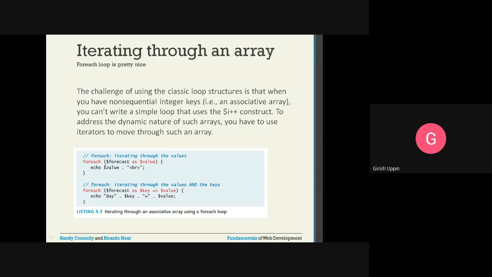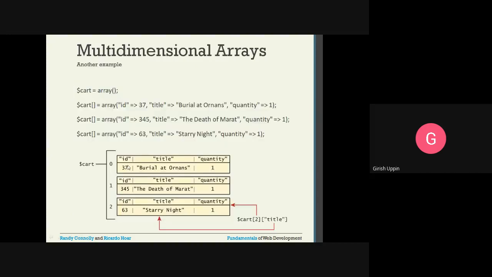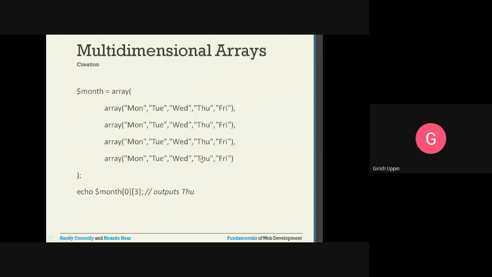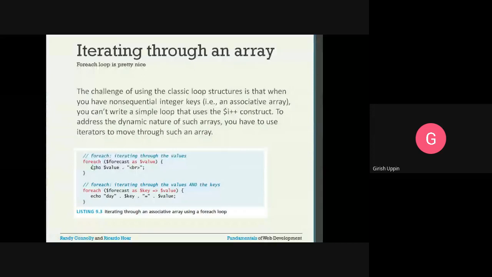Now foreach $forecast. You remember we had $forecast; I will show you that. This is $forecast. Our keys are not integers and they are not sequential. These are just some strings. So for iterating over these elements, we have to use foreach. Inside the brackets, $forecast has five values.